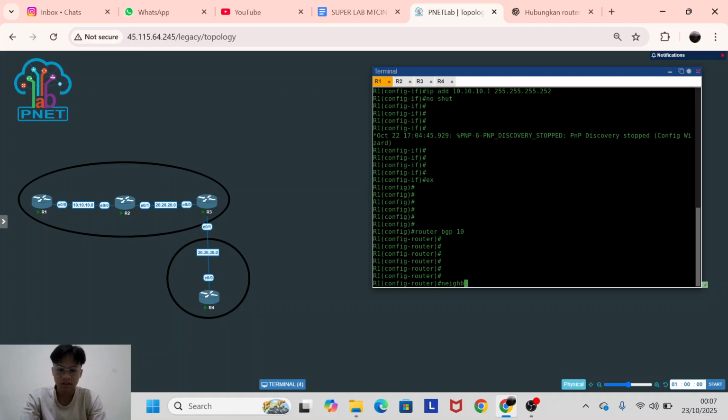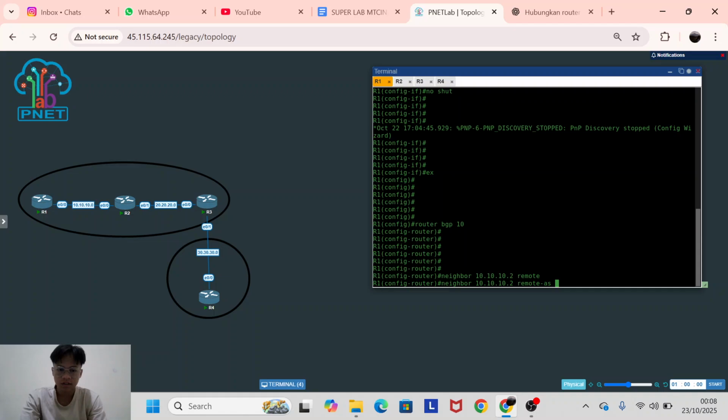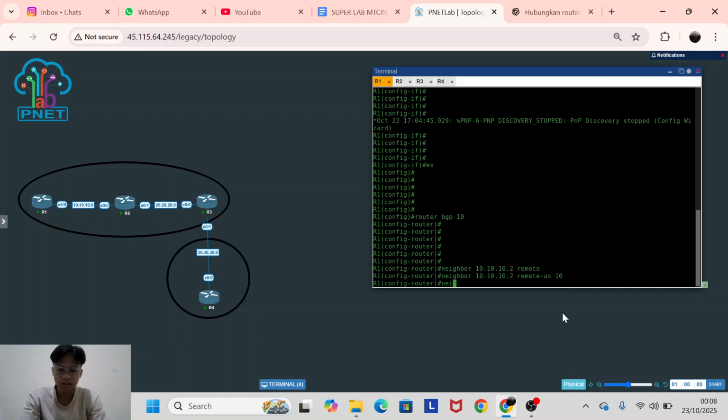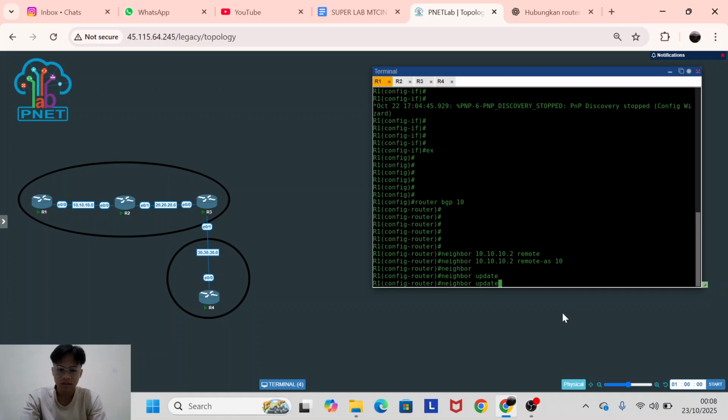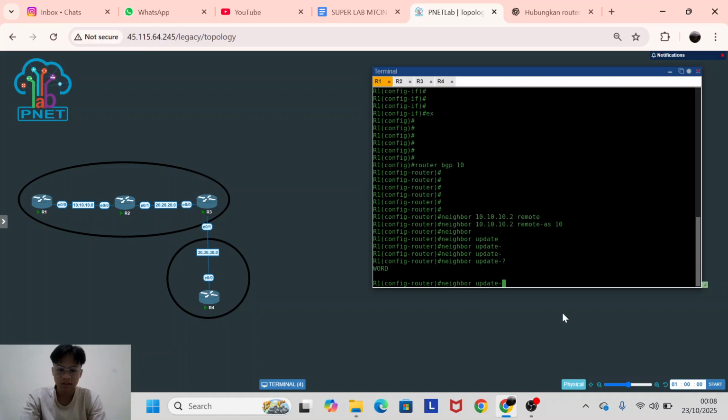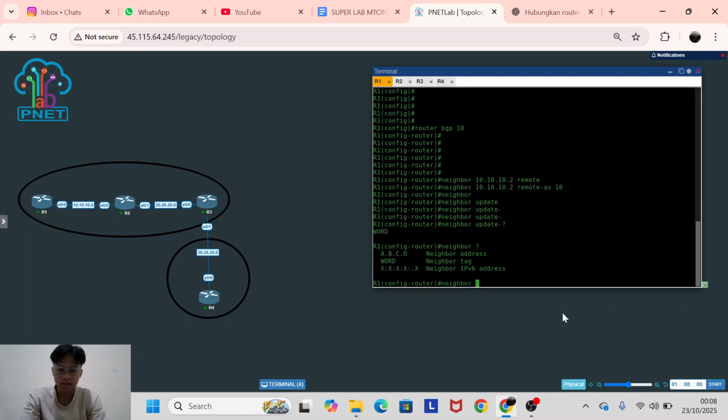Then you add your neighbor, like your neighbor is 10.10.10.2, and you use remote autonomous system. It is the same, routers 1, 2, 3 are in the same autonomous system, so remote AS is the same. Then you use neighbor update. What did I forget?